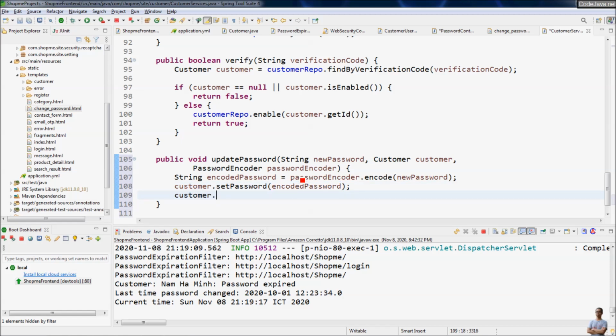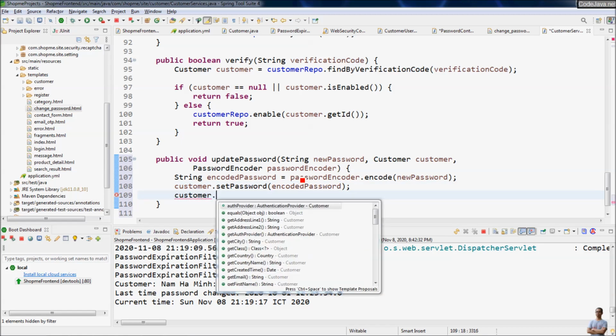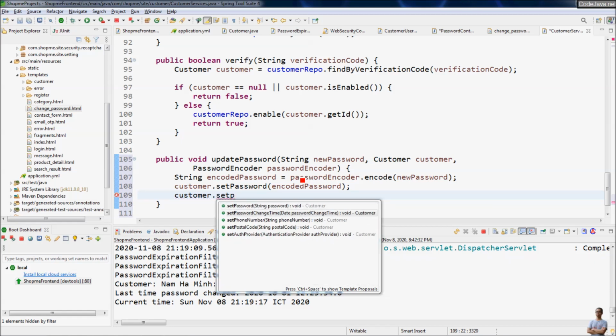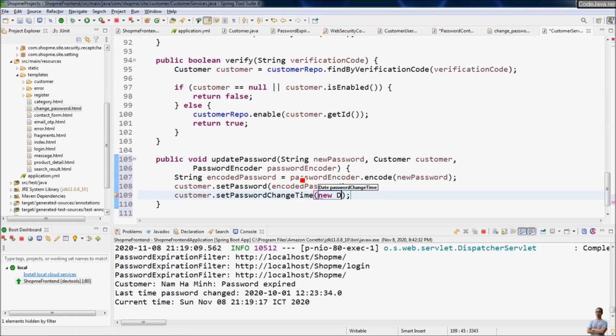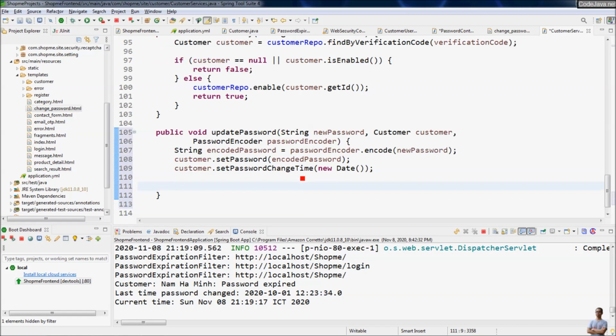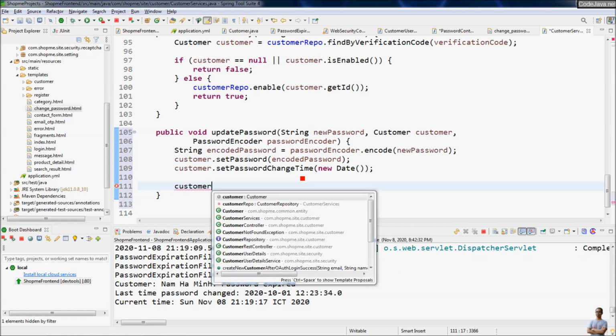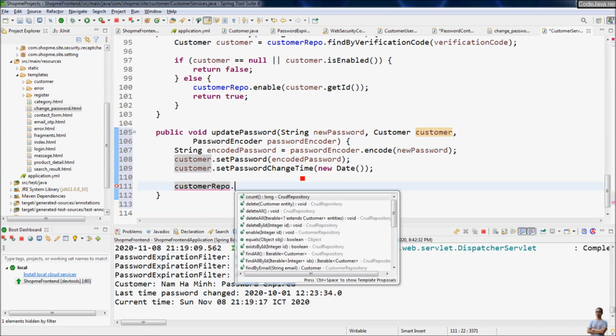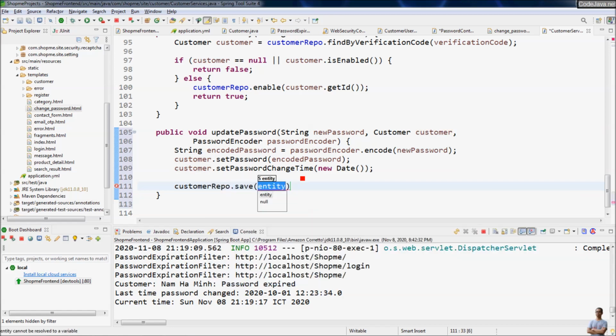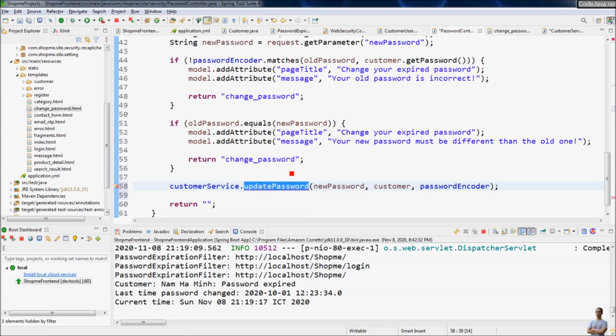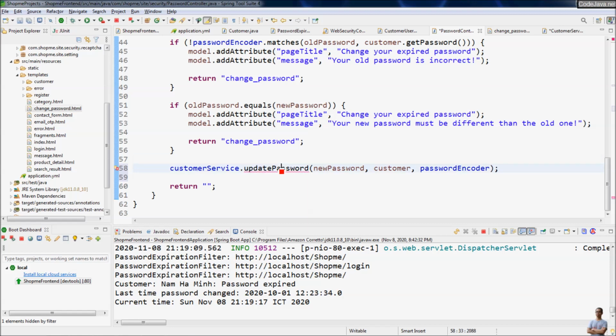And when the customer password has changed, we need to set the password change time to the current date and time here. And then call the customer repository here to update the customer, save customer. That's it. And finally, in the controller class here,